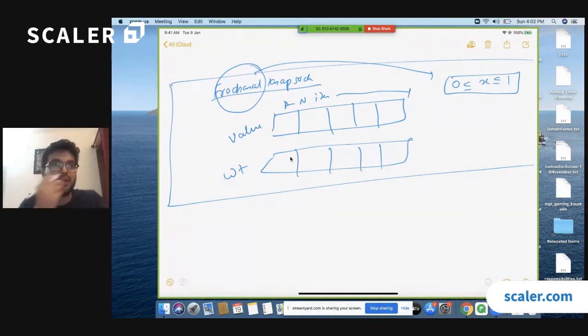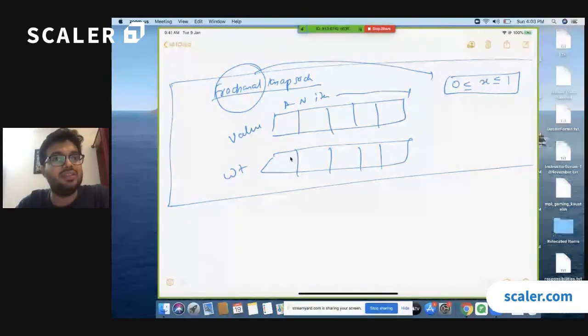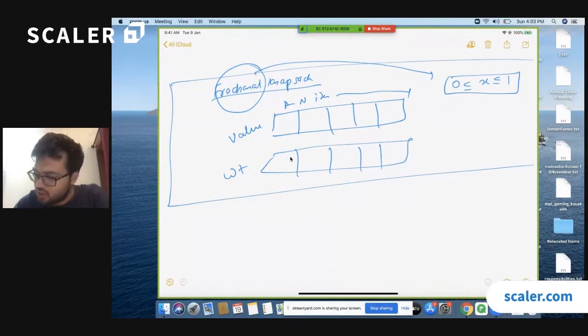The moment you can take any fraction of any element, can you answer this for us now? Can we solve it greedily? Think about it for a minute. Right. And yes, several of you understand that you can solve this problem using greedy approaches. The point here is that you can just start with the bag. You can just start with the item which gives you the maximum utility per unit cost. Okay. So what do